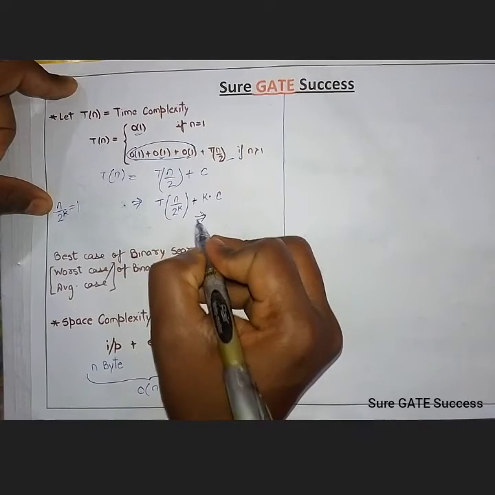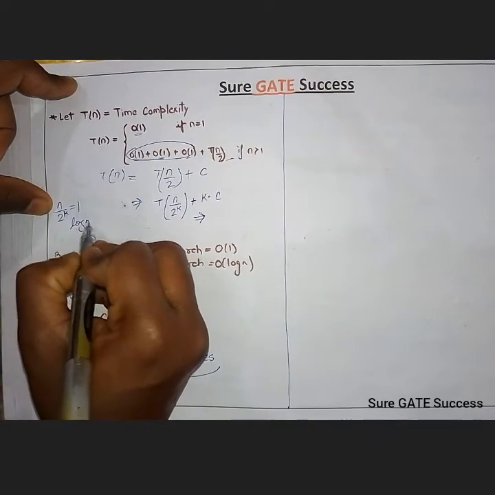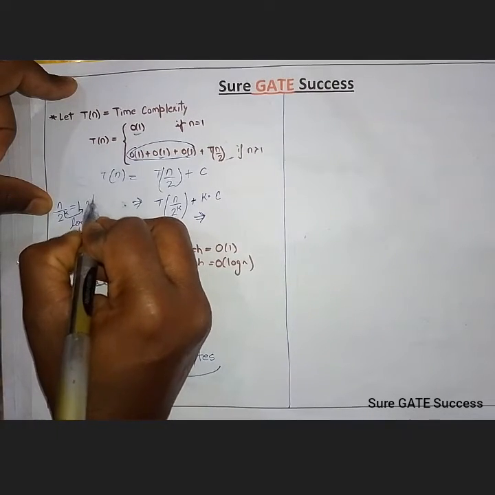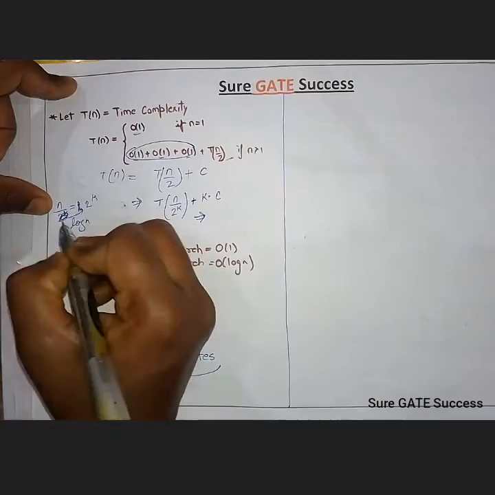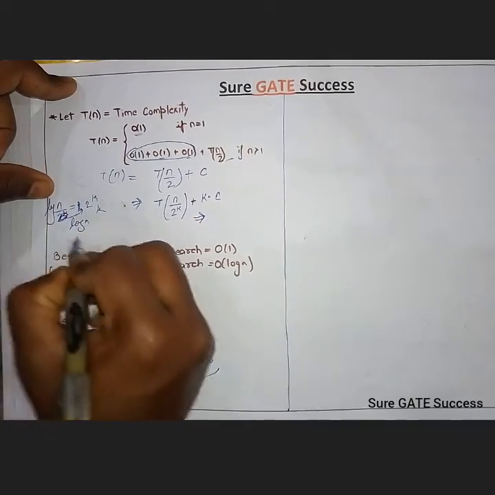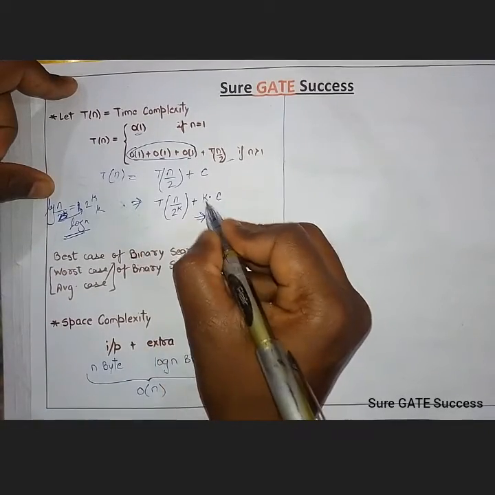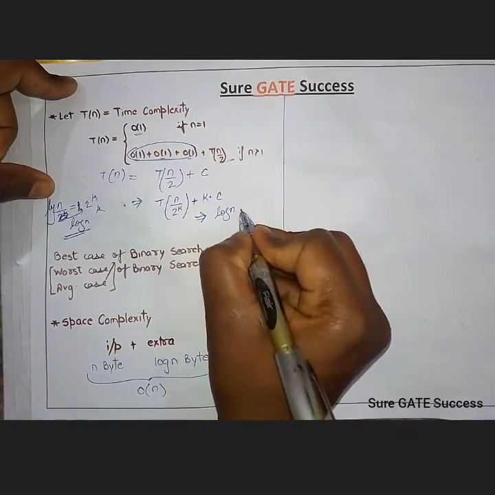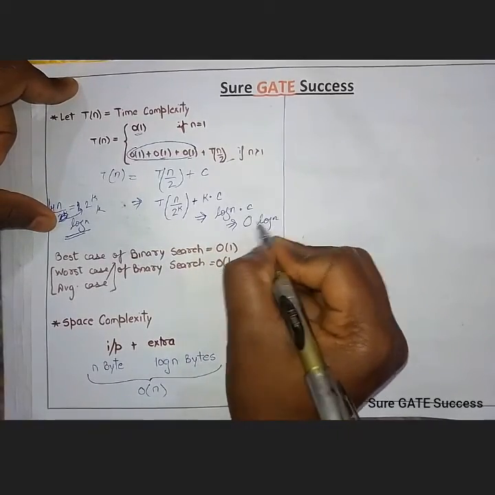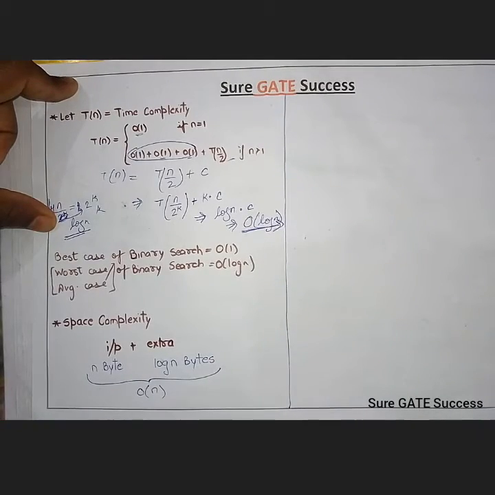what we will get is the value of k will be log n, because it will be moved to here as 2 to the power k, then we apply log, and k is equal to log n. So the k value will be log n, T(1) becomes 1, and we get log n multiplied by c. So what will be the time complexity? It will be order of log n, because a constant factor does not make much change.